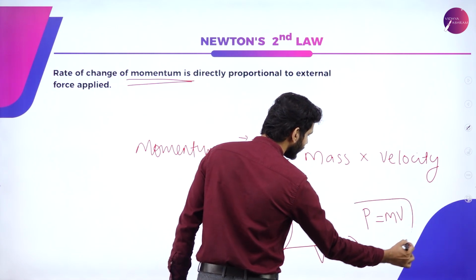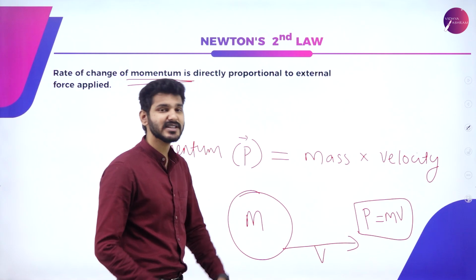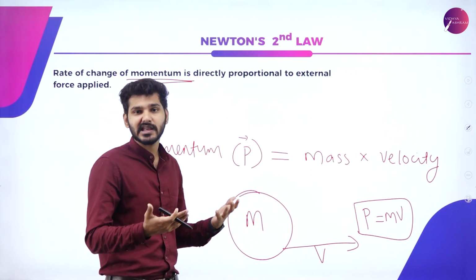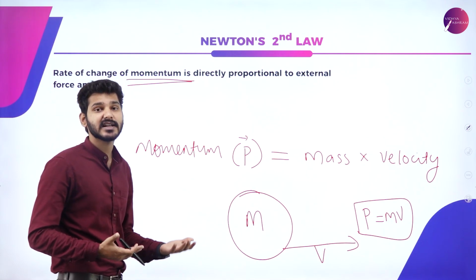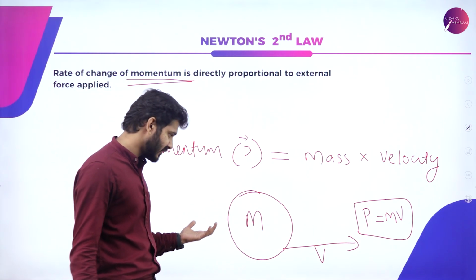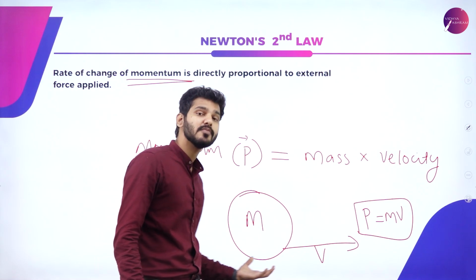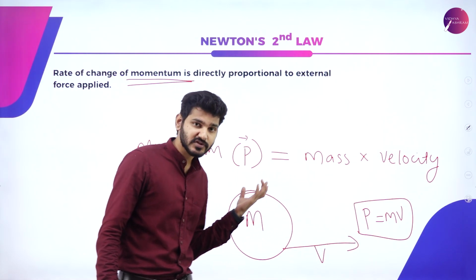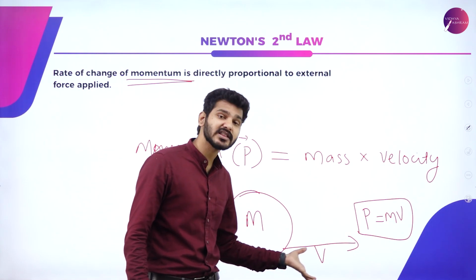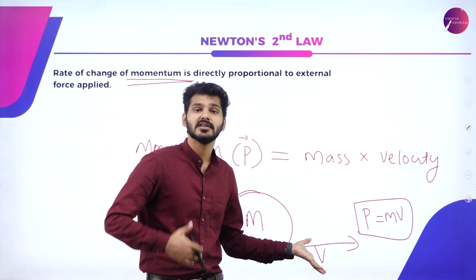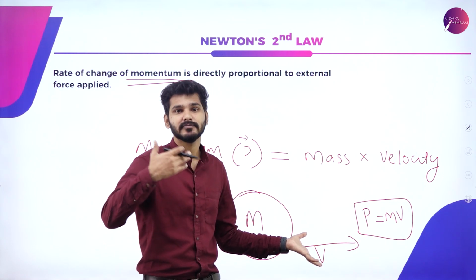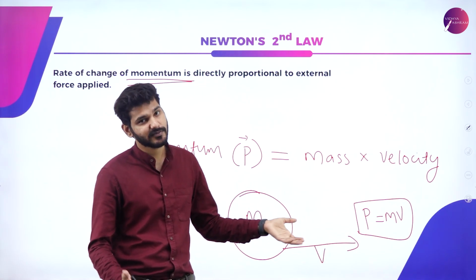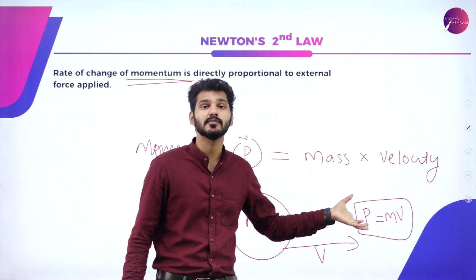then I can say that the momentum of this object is given by mv. So just remember, momentum is a fundamental quantity which explains the nature of motion of any object that has mass. So any object with mass m moving with a velocity v possesses a certain quantity indicated by the letter P, and that is known as momentum. If any object is moving, it has momentum.